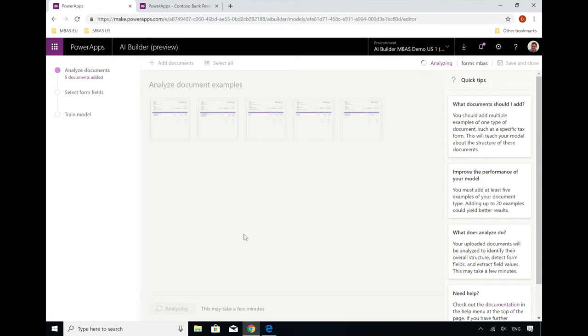the wizard experience you see here. It's always the same when we build a model. We tell you the number of steps and what you have to do to build the AI solution. And at each step, we're going to give you tips and tricks on the right, or links to additional help if you need. In that case, for the forms